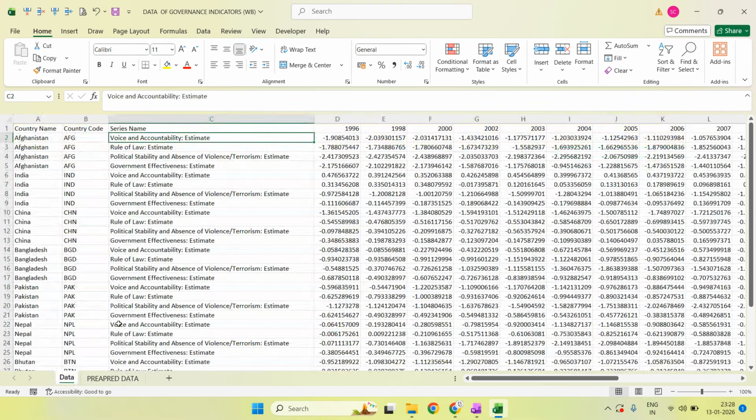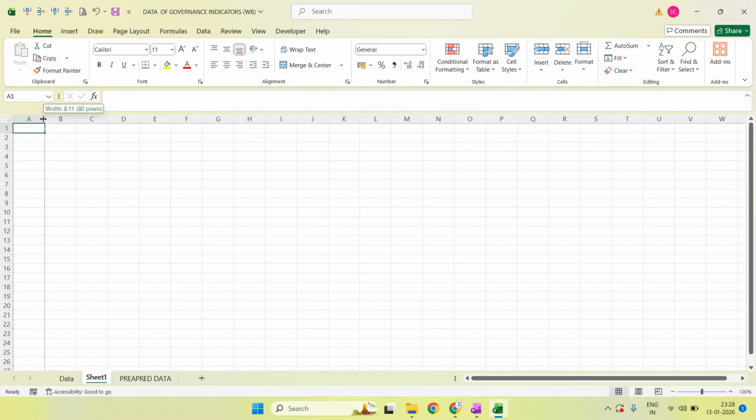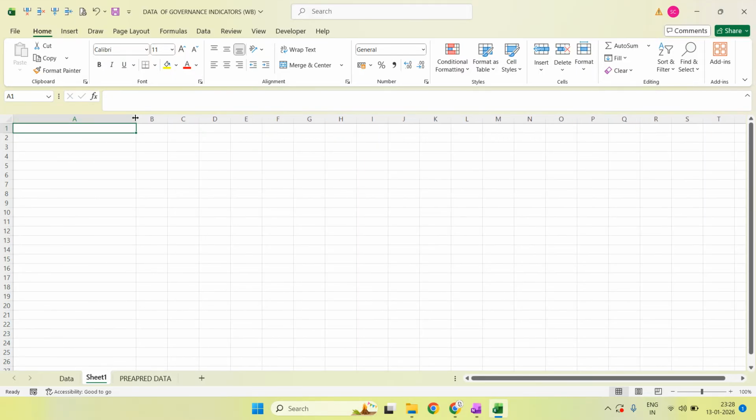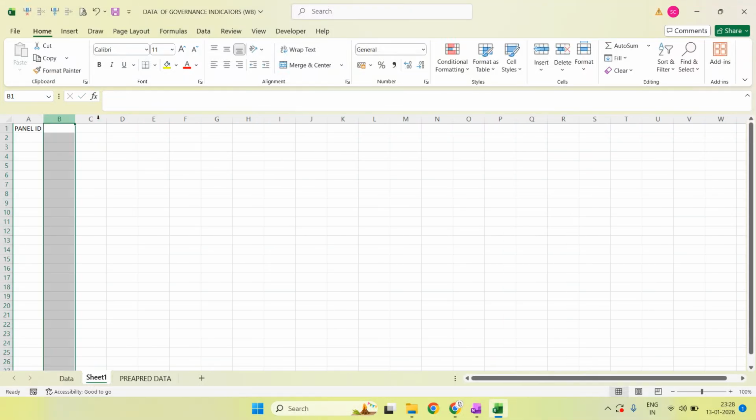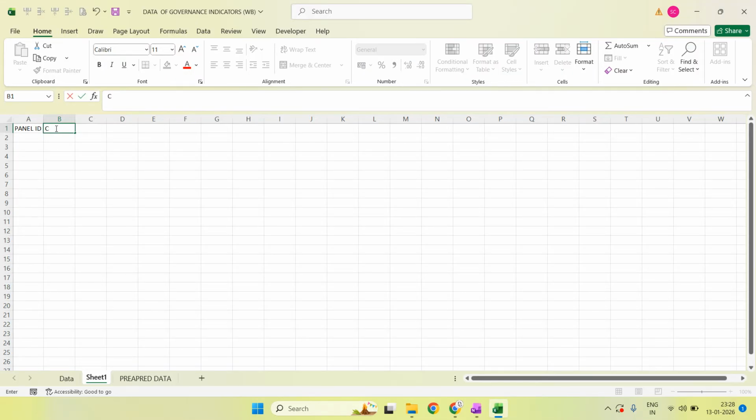How to do that? I will explain it one by one. At first we will create a column called panel ID. Panel ID is basically a column which is created for panel data regressions, although I am not going to show you the panel data regression here, but still. So we have created a column called panel ID, and then we are going to create a column country, and then we are going to create a column year,